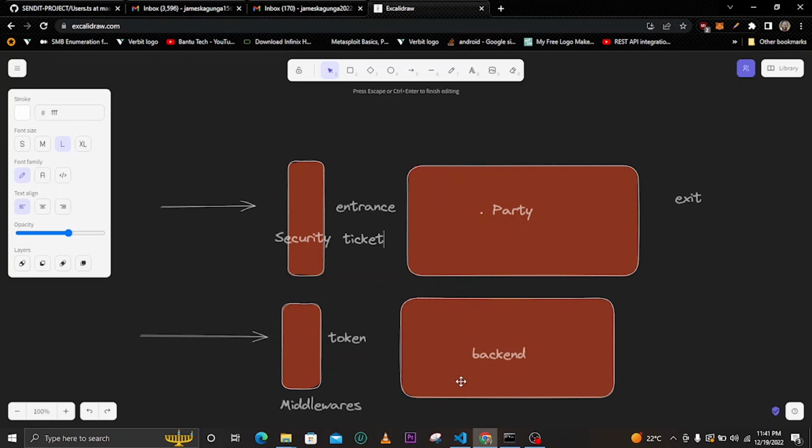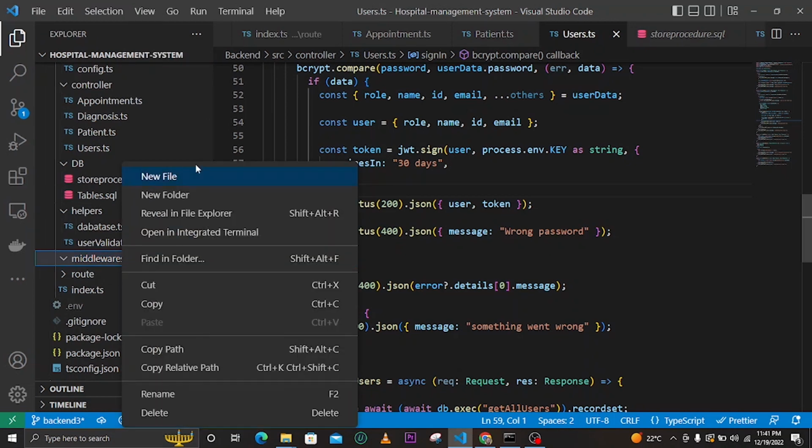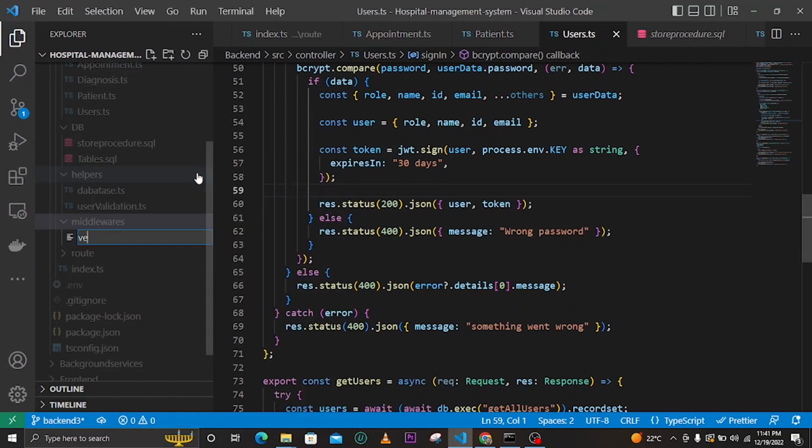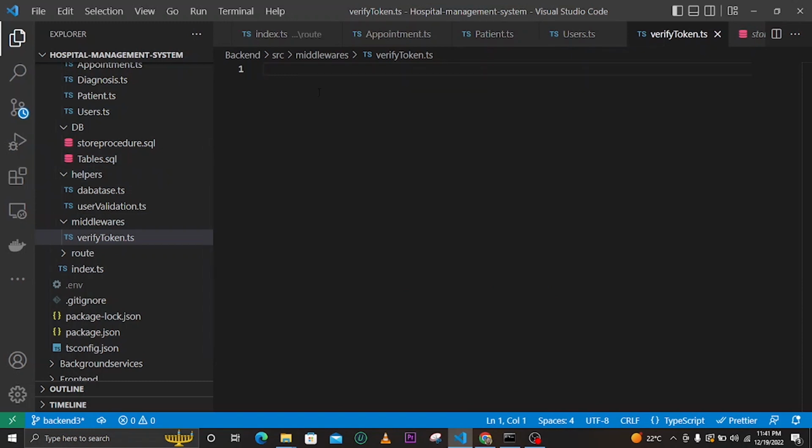So first thing, in our middleware, let's create a middleware, and we'll call it verifyToken, because it will be verifying the token for us. So verifyToken.ts, and first things first, now we can start coding from here. So import dotenv,